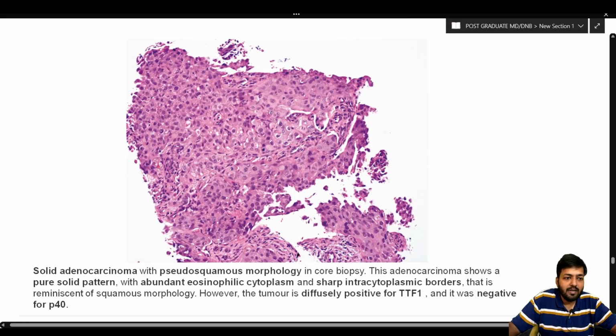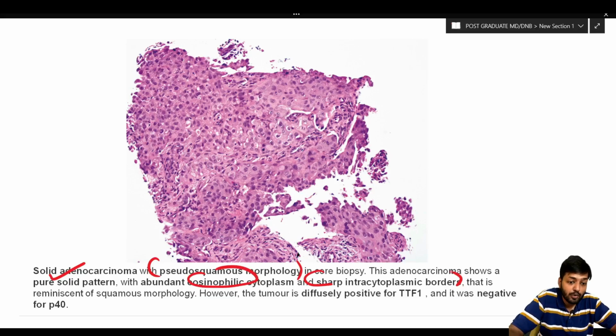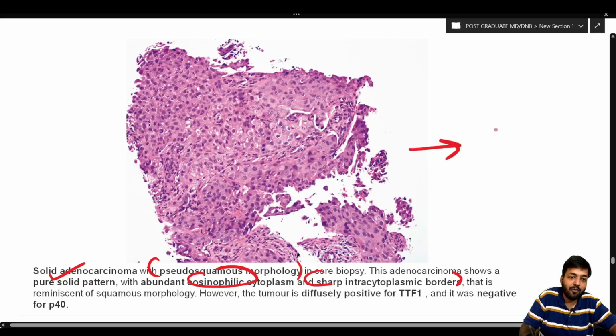Now this is the solid pattern of adenocarcinoma, but they are also having a pseudosquamous morphology. So the adenocarcinoma is showing a pure solid pattern with abundant eosinophilic cytoplasm and very sharp intracytoplasmic border. Usually both these features are very reminiscent of squamous cell carcinoma. So these are pseudosquamous features. Why are we saying pseudosquamous? Because after this morphology there was a